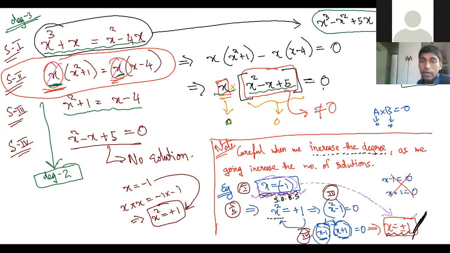But then who increased it? We ourselves increased it. Therefore, after you square on both sides and you come to some answer, we should always go back to the question and check if it is valid or not. I'll give you some examples later on. See, many times in many questions, you'll find it very easy to square on both sides. But because you're squaring on both sides, you have to make sure that the solutions which you're getting in the end are verified with the original equation.